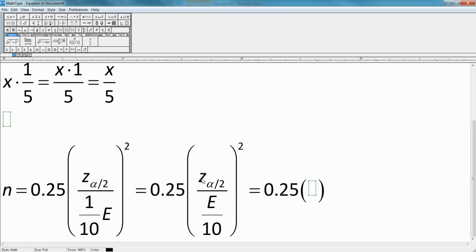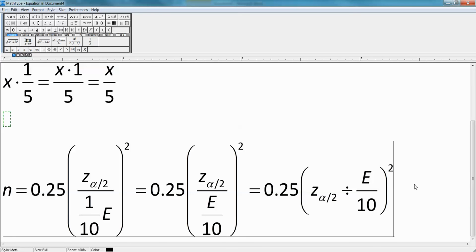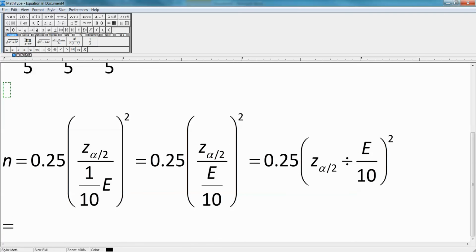But what I want is this guy in front, and then he's divided by, there he is, e over 10. And then that's all squared in a minute. Okay, so I'm going to go down a line so we have room here. So equals 0.25. And then we know that